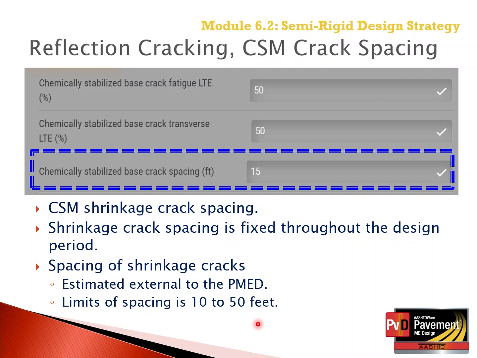If the specification of the agency requires that the chemically stabilized layer be rolled and pre-cracked, then if the crack spacing is known and it varies between 10 to 50 feet, that can be used in